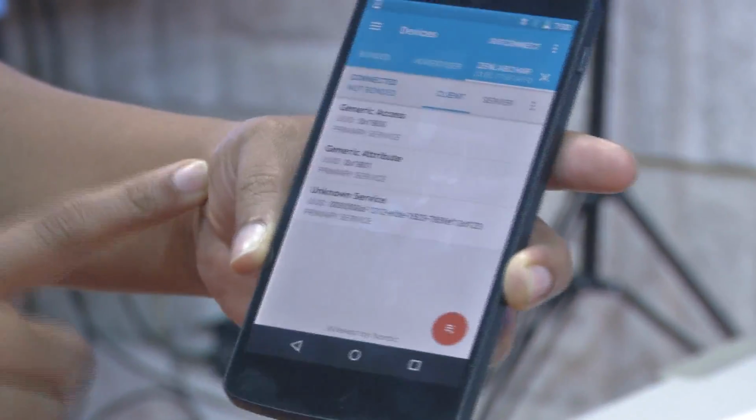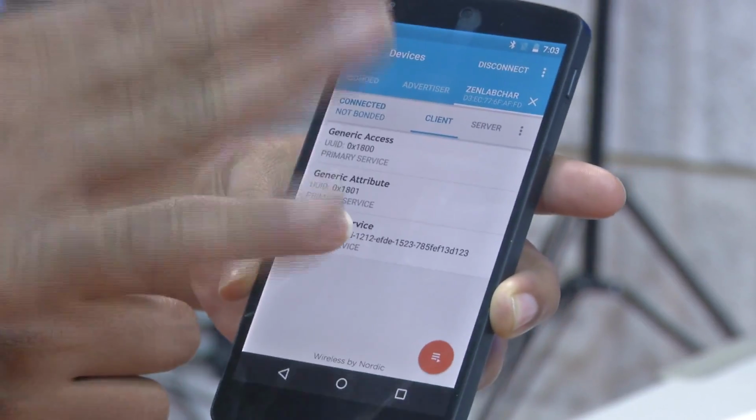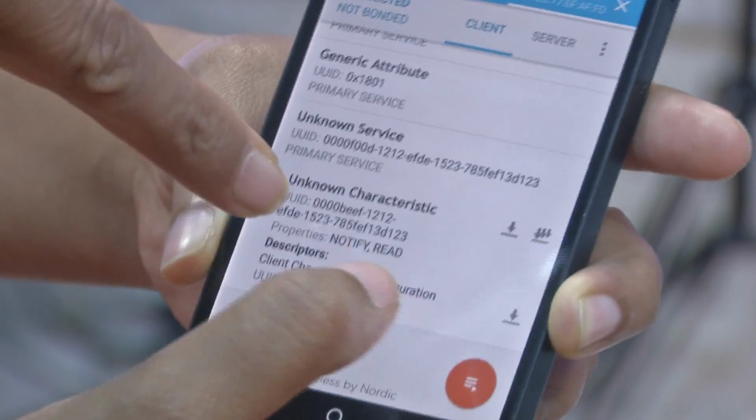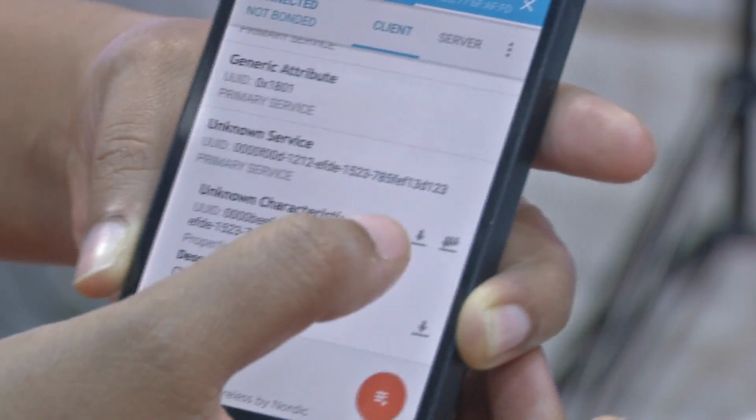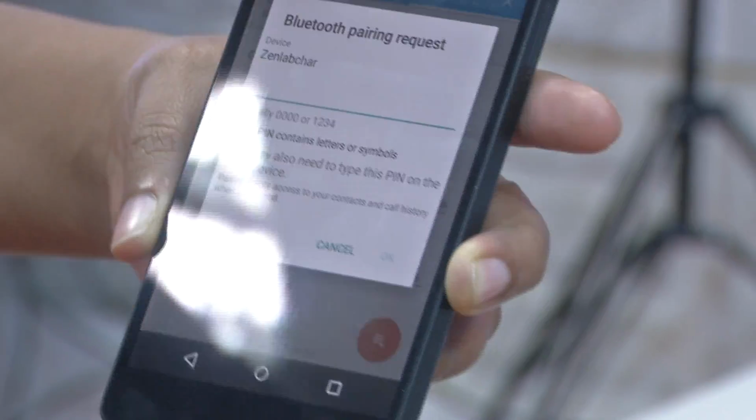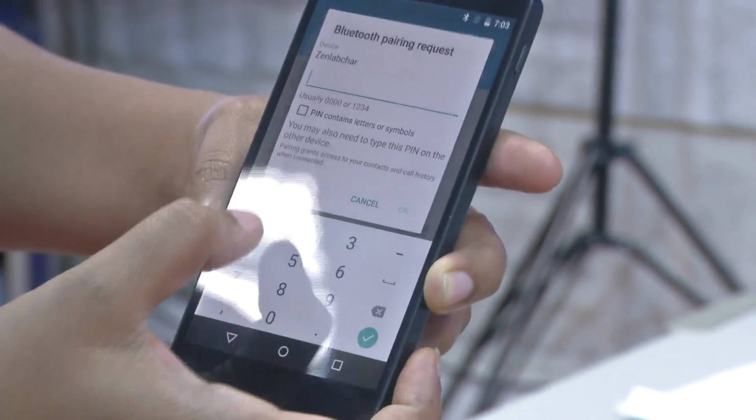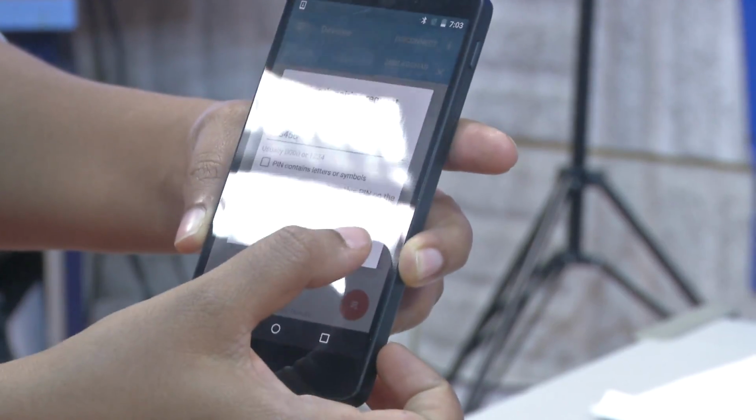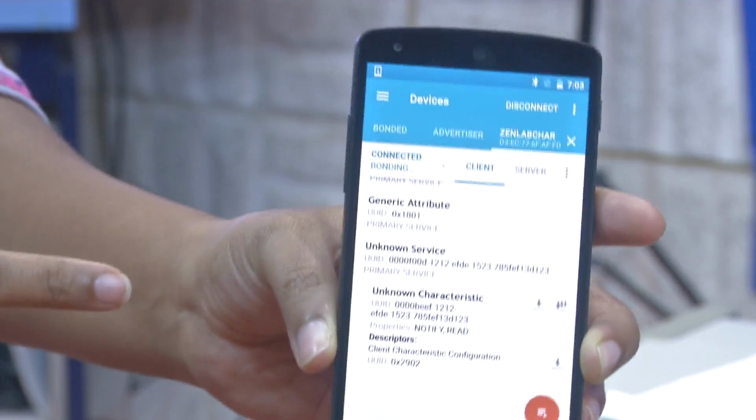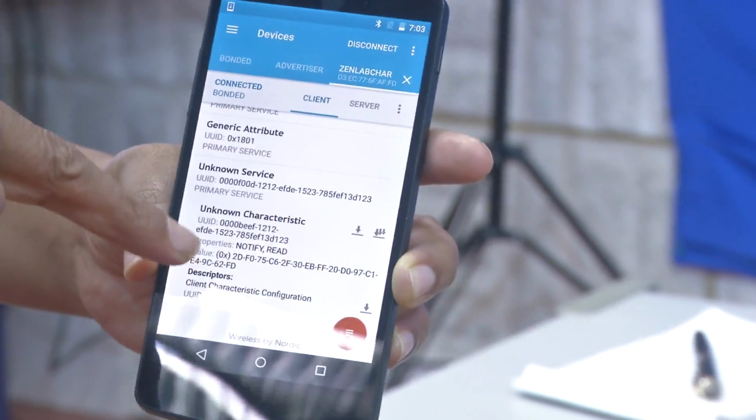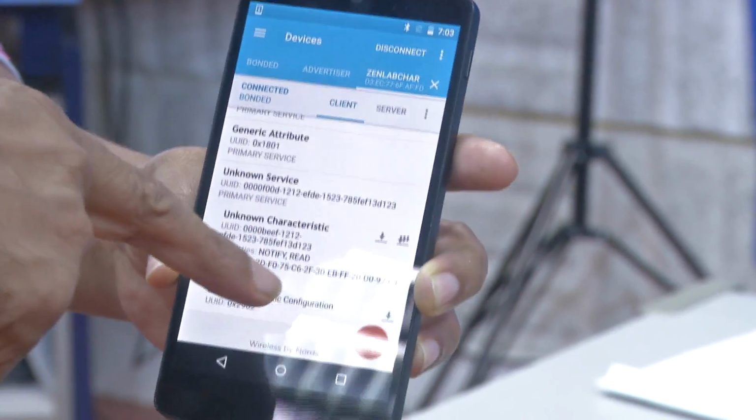She does a connect and then it says unknown service UUID. So, she clicks on that and then there is an unknown characteristic that is available, which she wants to read. So, she presses that and there is a pairing request, and then she types in the Bluetooth pairing passkey, and she says OK, and once she presses OK, then she gets the data value here, you see value 2D F0 75 C6